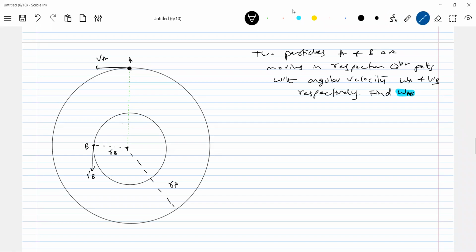So here there's a line joining them. That's all, no. So what is the method? Draw a line joining the particles. Now get the velocity vector, the component of velocity directed along that line. So this will be theta, let's assume. This is theta, and this is 90 minus theta.